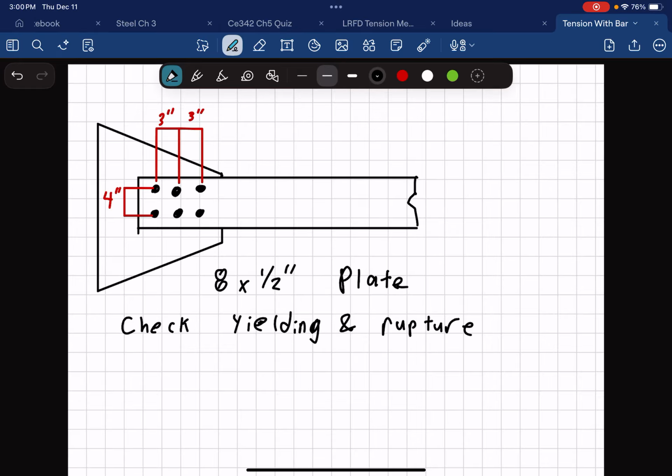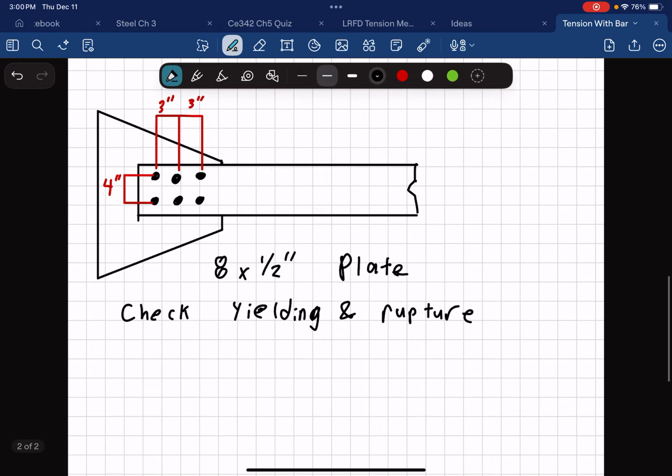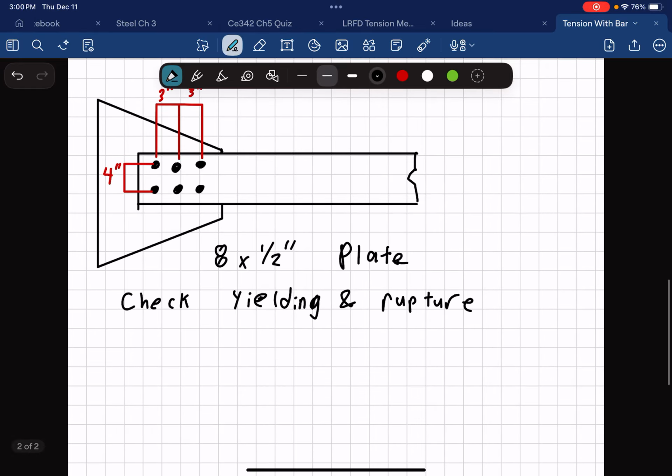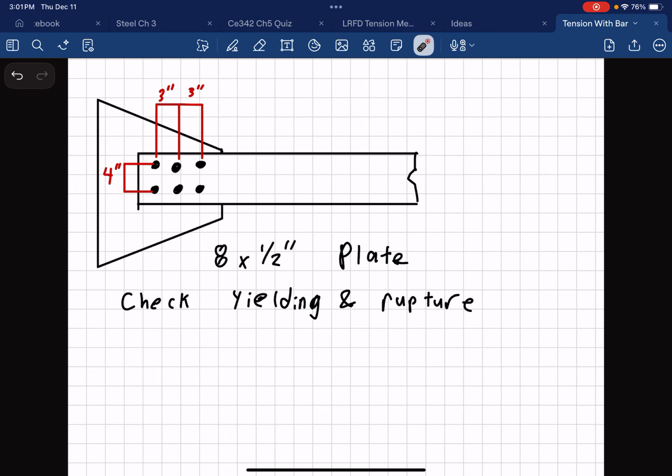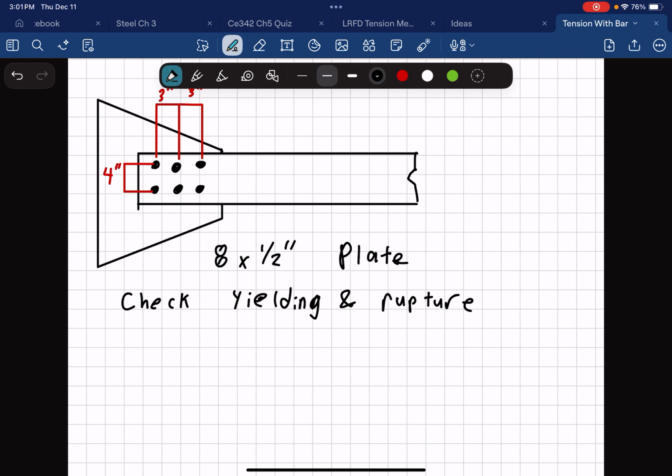Let's look at a basic yielding problem for a steel plate and see if we can obtain values for LRFD, yielding, and rupture. So here in this diagram, you'll see that we have an 8x1/2 inch plate. We are going to assume that it is ASTM grade A36, which means we have an Fy of 36 and an Fu of 58, and these are both ksi values. Now we're only going to check for yielding and rupture in this video